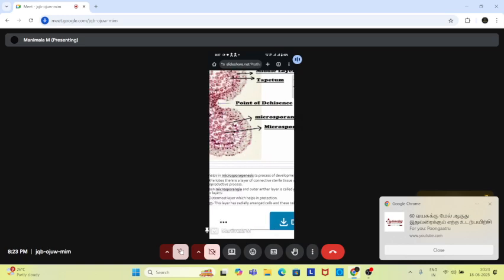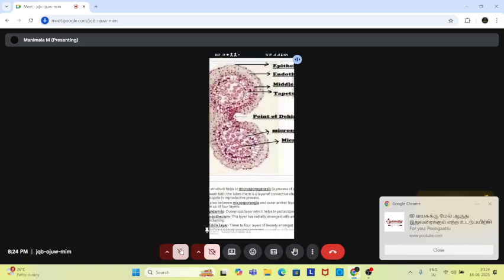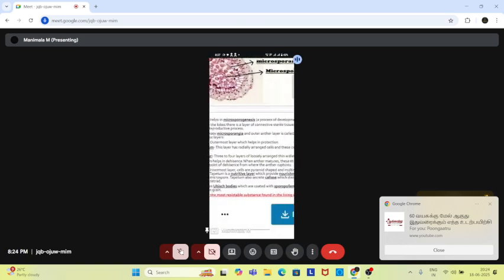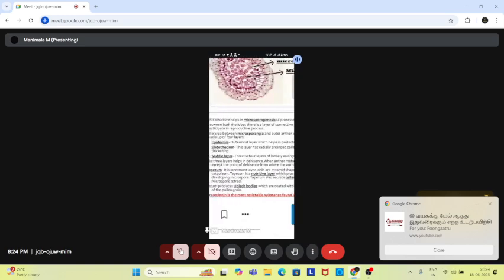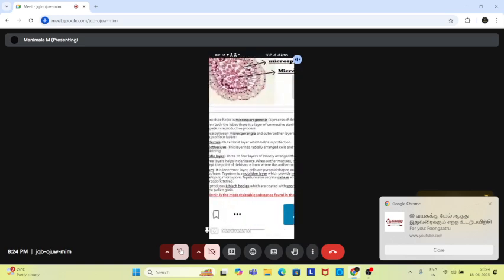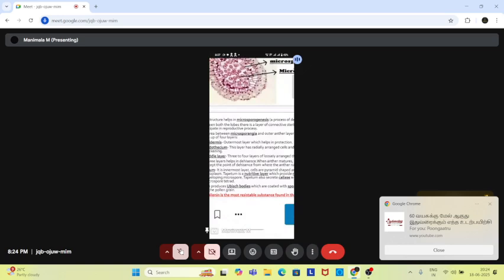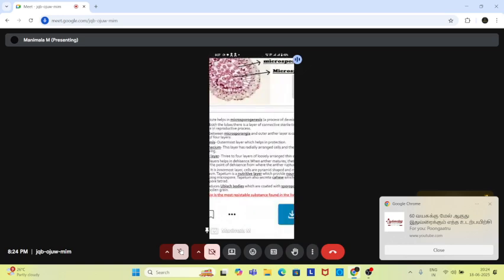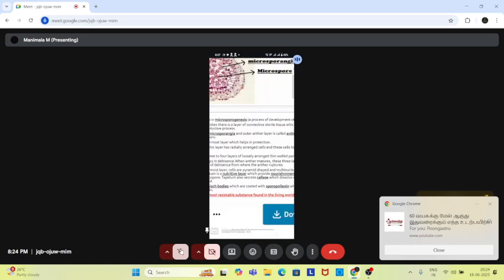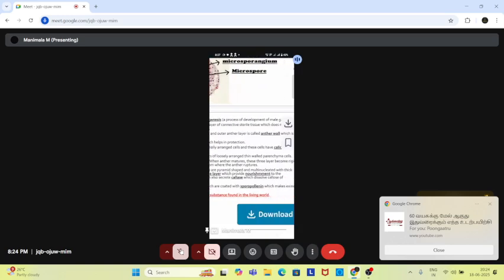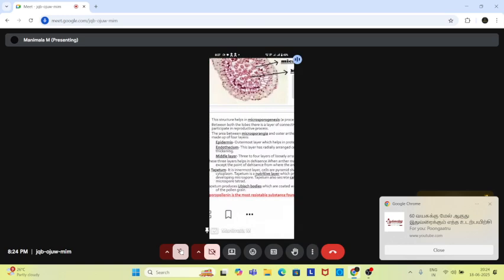So this is the general characteristic of the structure of microsporogenesis. Microsporogenesis means the process of development of pollen grains, the male gametes. In microsporogenesis, when we discuss it, it has four main layers, the anther walls. The epidermis is the outermost layer. It helps in protection, and it has a stomium, which is helpful for dehiscence. The next one is the endothecium, also arranged in a single layer, and it is mainly important for the dehiscence of the anther. The middle layer is made up of